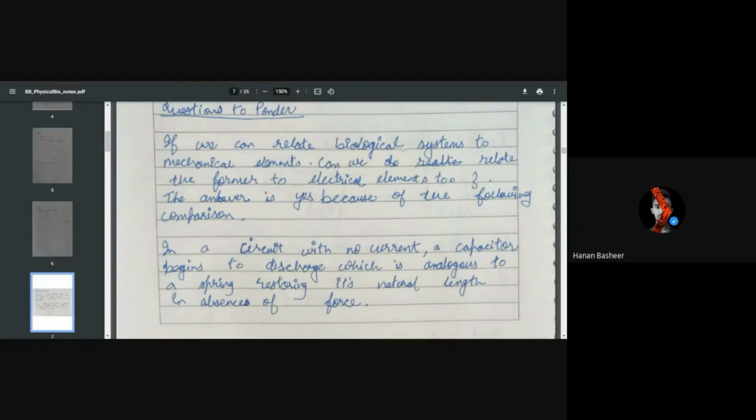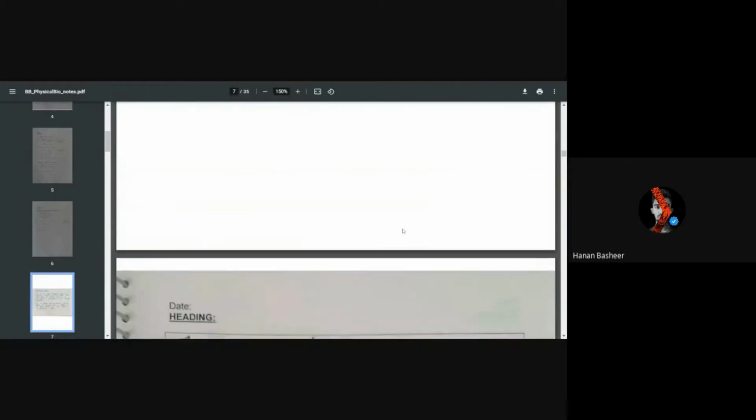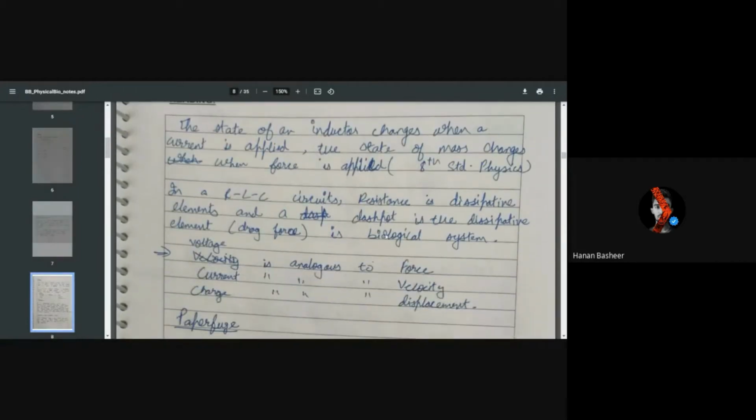So we can relate the mechanical systems which we have, like the dashpot, spring, and the mass, to something which we have already seen in electrical elements. It's like a circuit which has a capacitor, inductor, or even a resistor. So these have a counterpart in the electrical world too. We have already seen during our school days that these can be interconverted. For example, voltage is analogous to force, current is to velocity, and charge is to displacement. Similarly, capacitor is to spring, because if a capacitor is charging, then it is similar to a spring elongating.